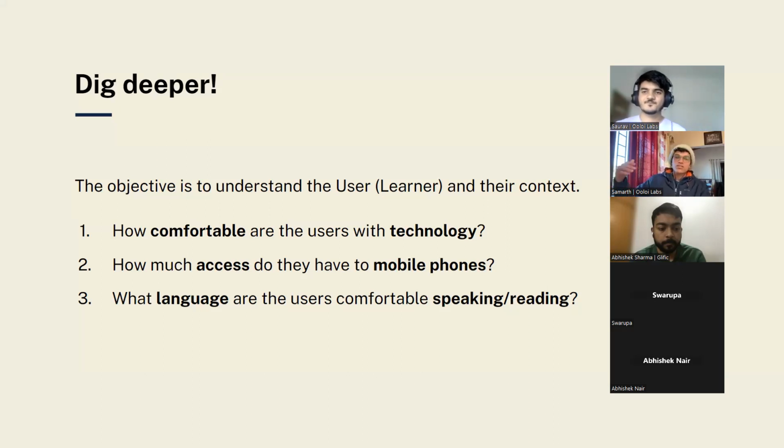For us, the users were students ranging from classes 7th, 8th, 9th, and 10th, so 4 different grades. The important questions that we had to ask, as well as generally would be good to ask in the case of a chatbot, are: how comfortable are the users with technology? How much access do they have to mobile phones, data, even just tech in general? For us, it was also important to ask how accessible computers are to the students. Is it okay for us to teach them computational thinking and then not have anybody, neither their teachers nor their parents nor anyone else around them, be able to help them with any other steps that they have to take after that? What are the languages that they are most comfortable speaking and reading in?